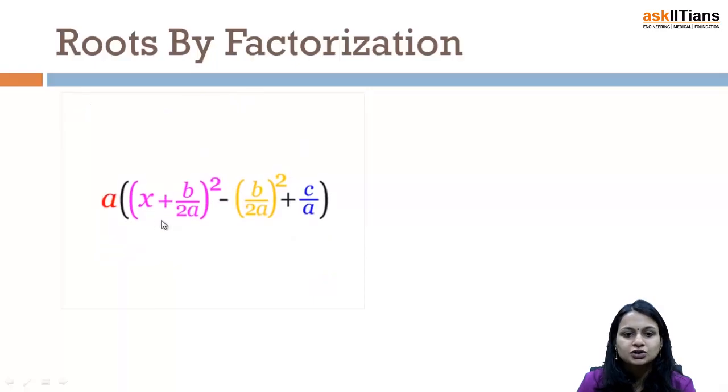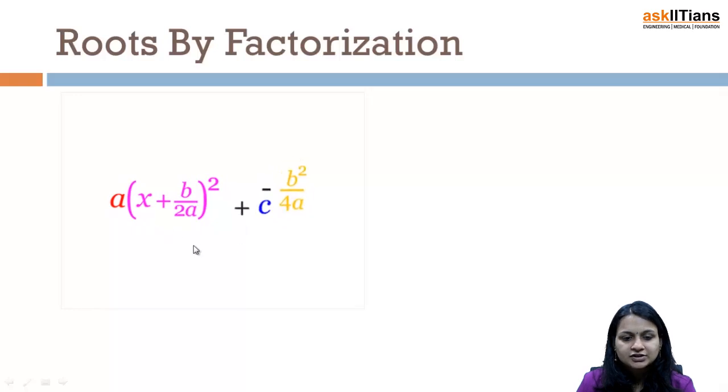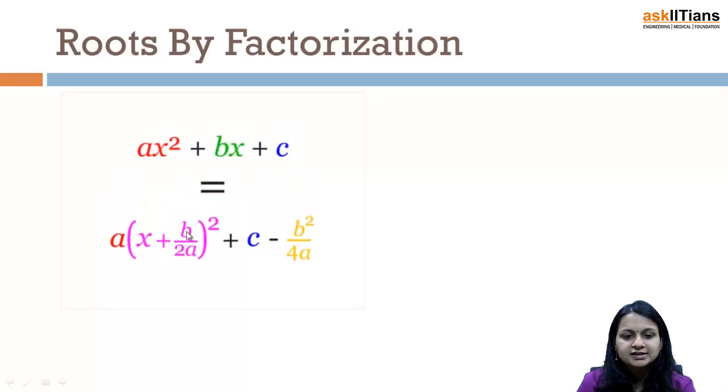So now I can do the factorization and I can find the roots properly. So this gets resolved into this, and now we can say that we have this equal to this, which can again be written as minus b upon 2a plus or minus root b square minus 4ac upon 2a.